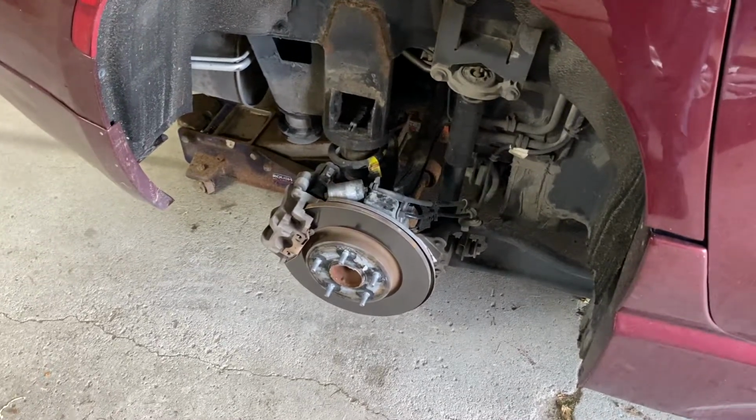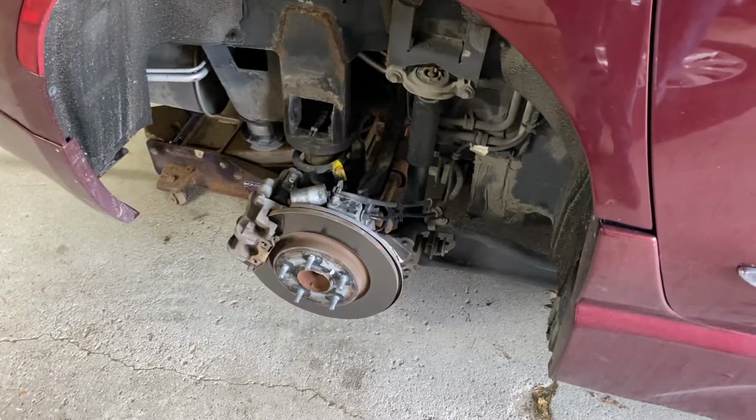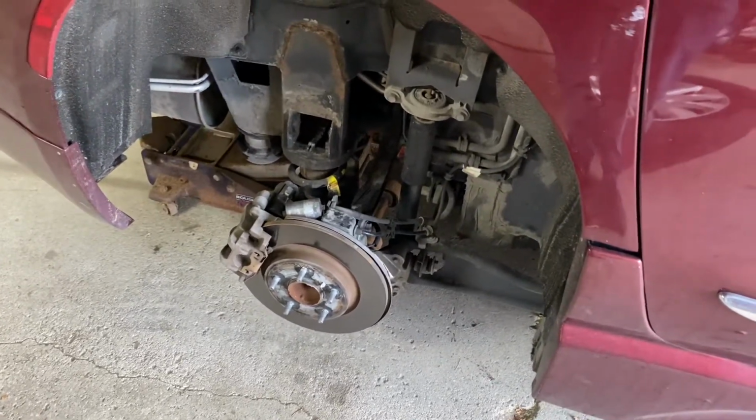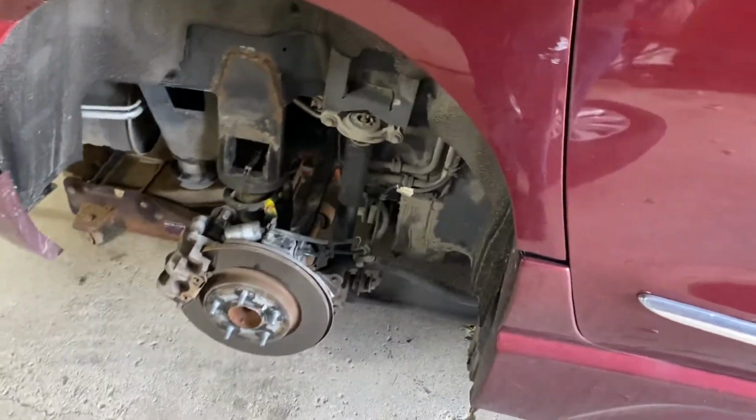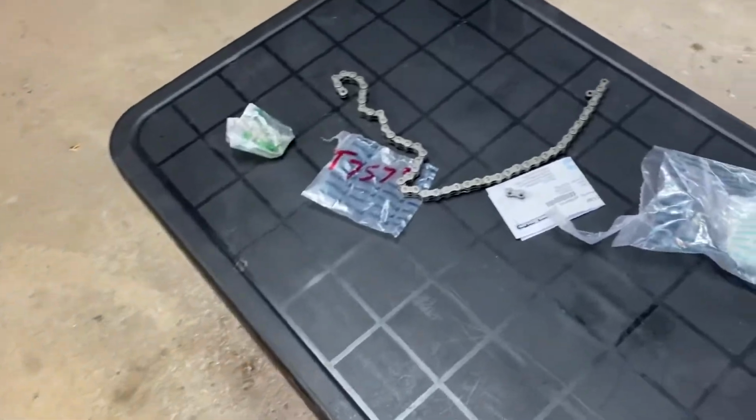I personally would say, why not put an air ride system on this? You can protect the air ride from the winter elements by putting it in compartments and keeping it out of the winter. So anyway,